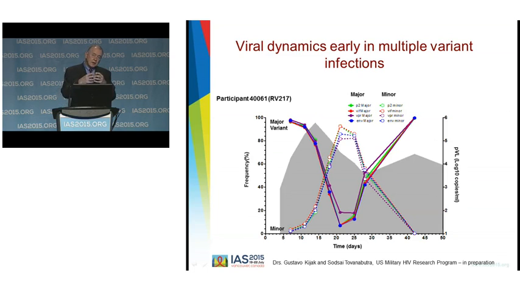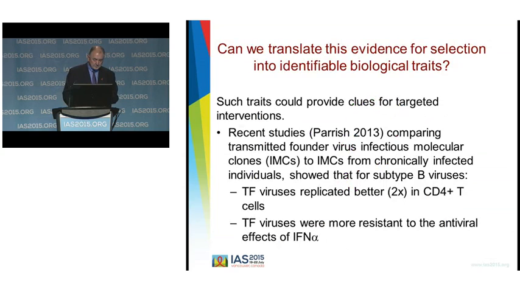So there are obviously ongoing selective pressures that cause, in instances where more than one virus is transmitted, changing pressures on the viruses to which they respond differently. Now, can we translate this evidence for selection into identifiable biological traits? Because such traits obviously could provide clues for targeted interventions, particularly vaccines or other